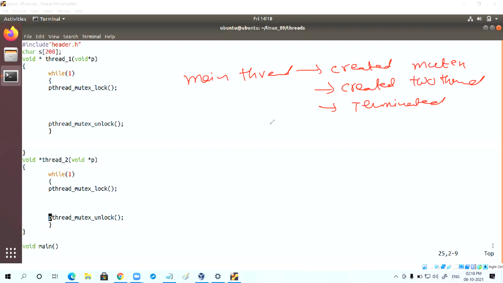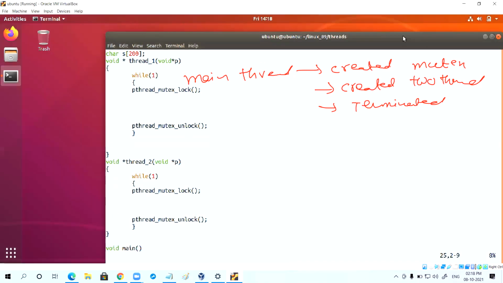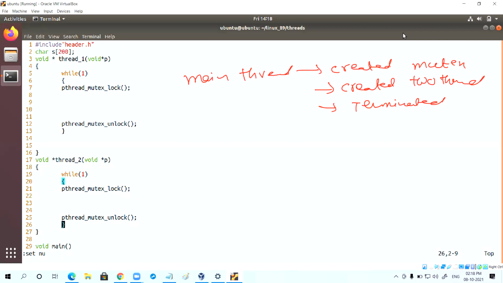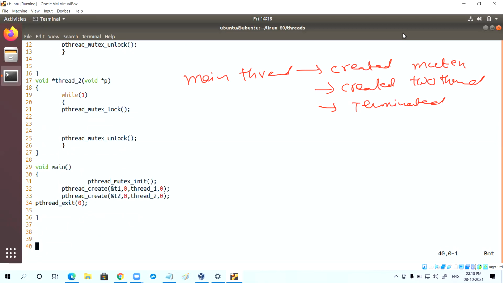Can you tell me which lines those are? Creating the mutex, creating the two threads, and terminating.